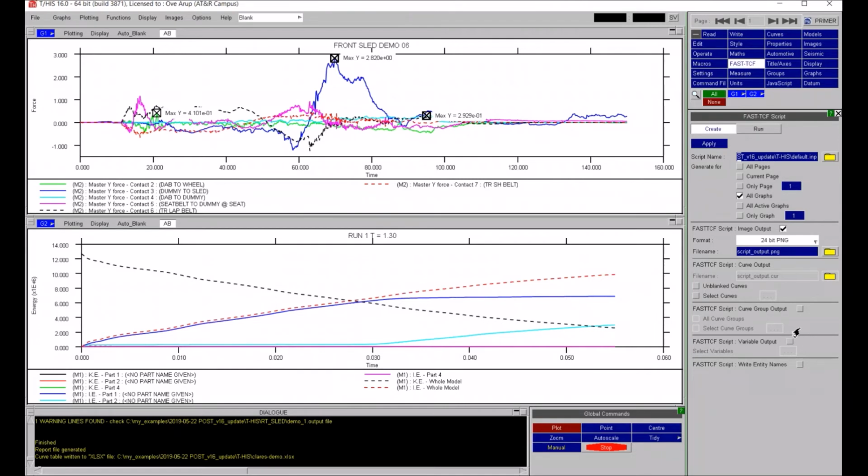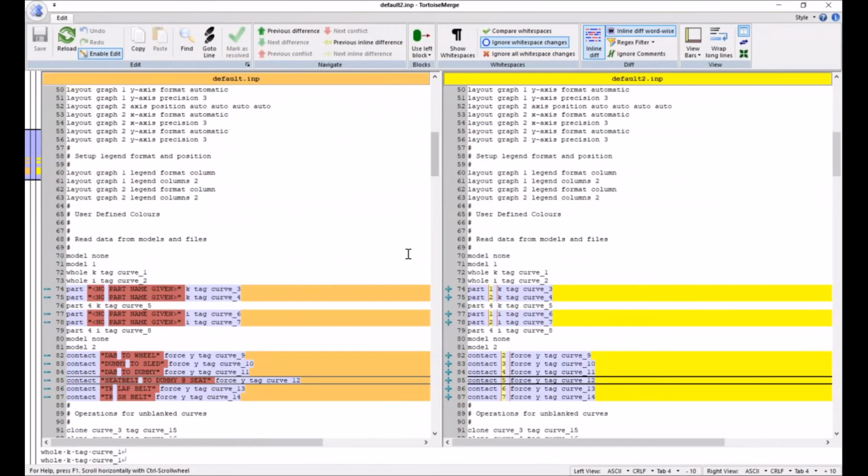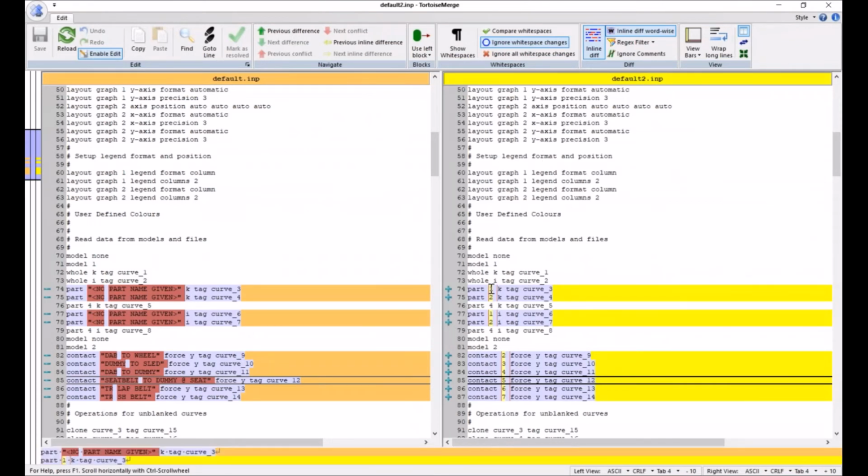There's a new thing that has been here for a while, which is the ability to have variable output, so Reporter can access some of your values. And new for 16 is the ability to write entity names. Previously, curves were identified by their IDs rather than their entity names. So a quick comparison of this session: if I write out the FastTCF with the numbers, the old way,